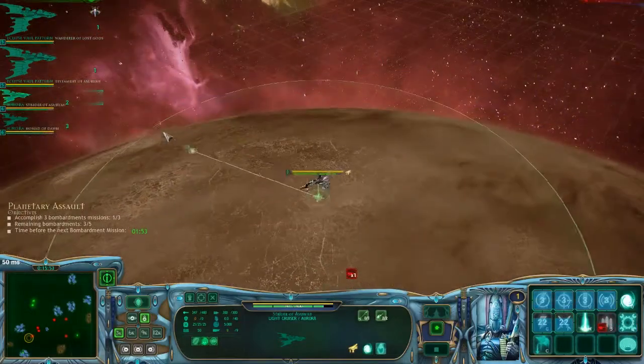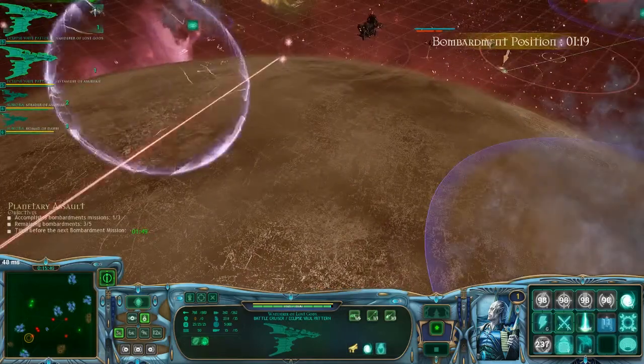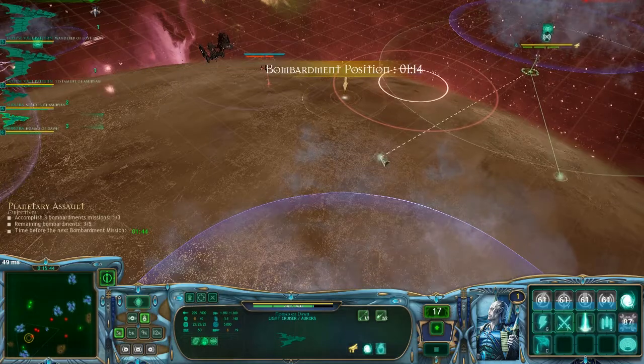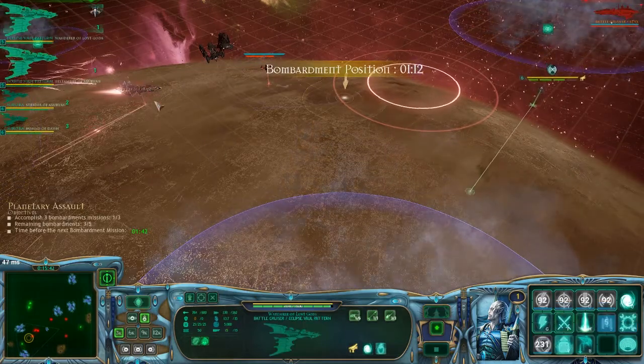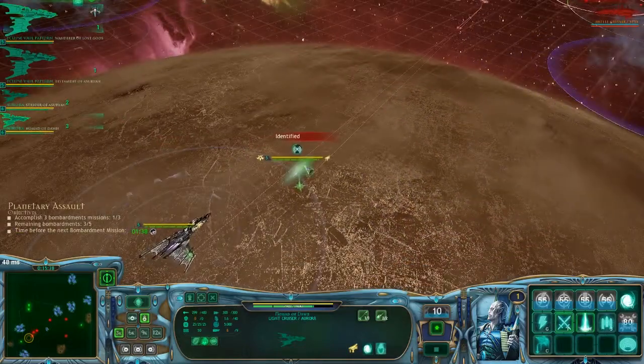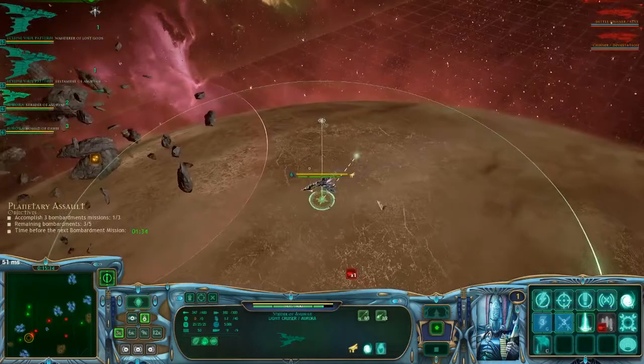So, identify all you want. Where's that beacon going? Yeah, it's going over there. That's not a surprise. Actually, we can juke this. So, he's panicking. He's panicking with the Stig at least, so we do have that, and so how can we...